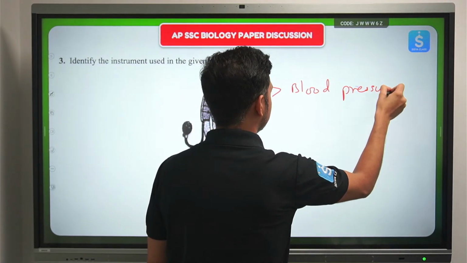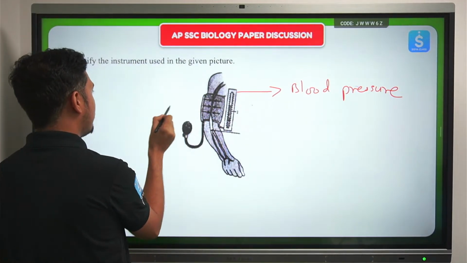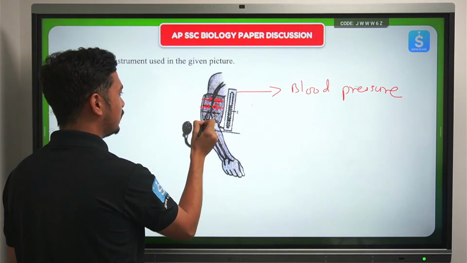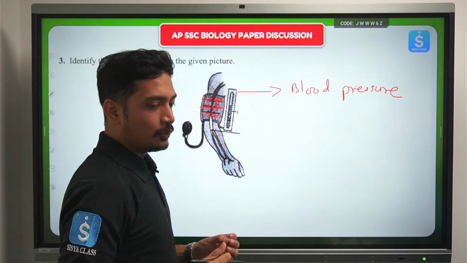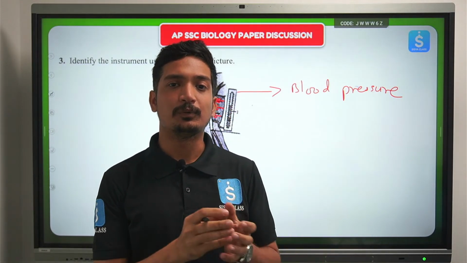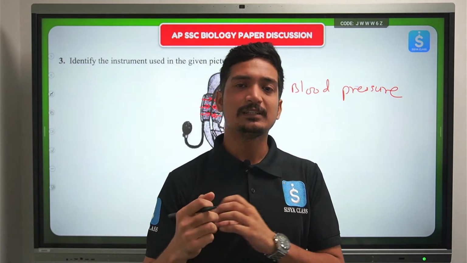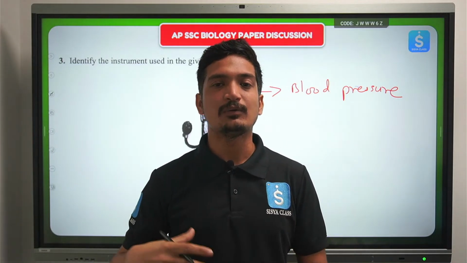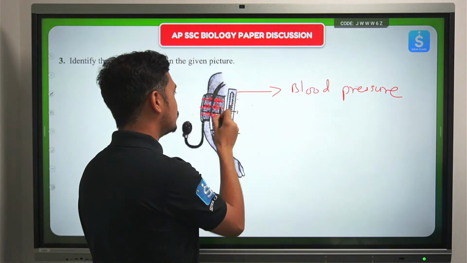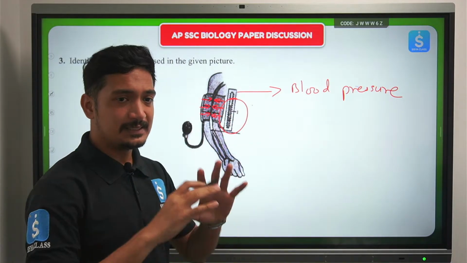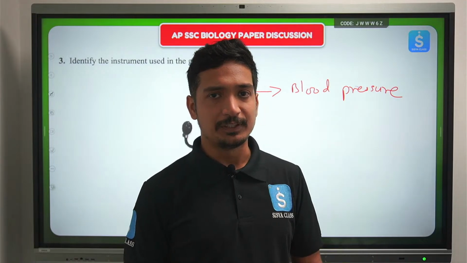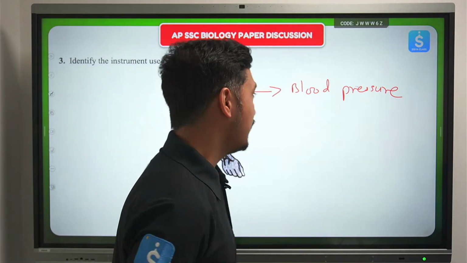Basically what happens is the band will apply a downward force on the skin and the muscle, and based on Newton's third law of motion, for every action there is an equal and opposite reaction. So our muscles and our blood will be exerting an equal and opposite reaction. That force will be counted over here using this gauge. Now this instrument is actually used for measuring the blood pressure of a patient, and this instrument is called